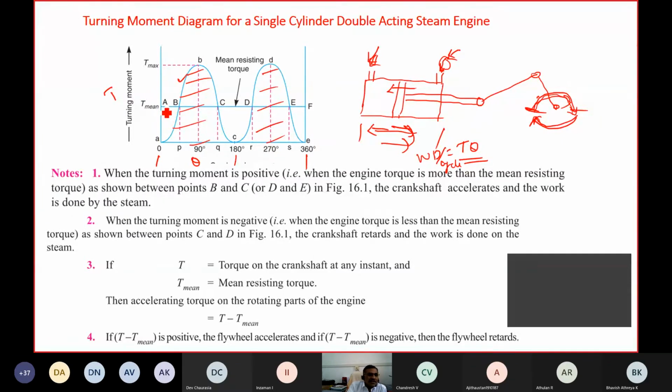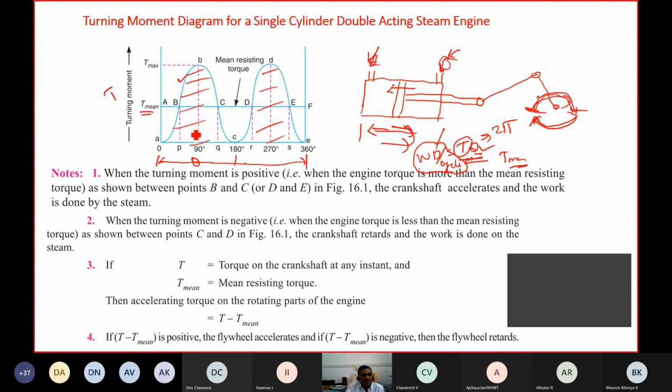Right? So this is a mean torque. Actually, the torque is varying continuously. If you want to find mean torque, what you have to do? Work done is equal to T into theta. So you find the area under the curve and theta. Theta we know. The total theta is equal to 360 degree, that is equal to 2 pi. If you put, you can find the T mean. Once the work done is calculated, if you know the work done and theta, you can find the T mean. That is average torque.